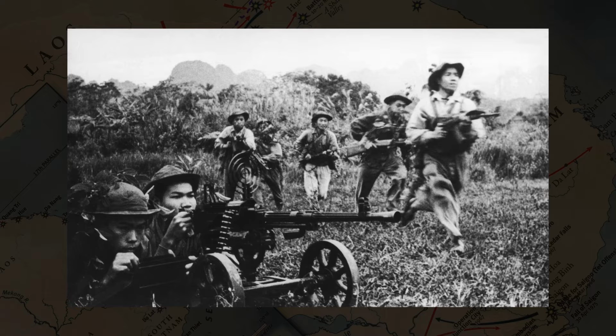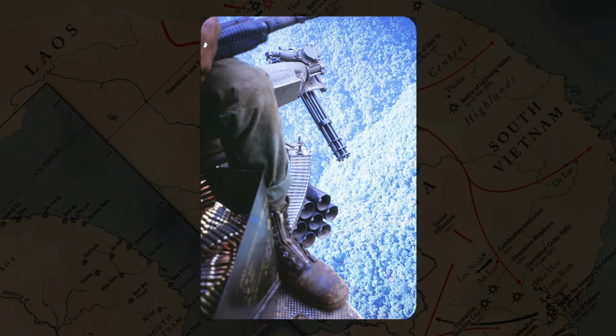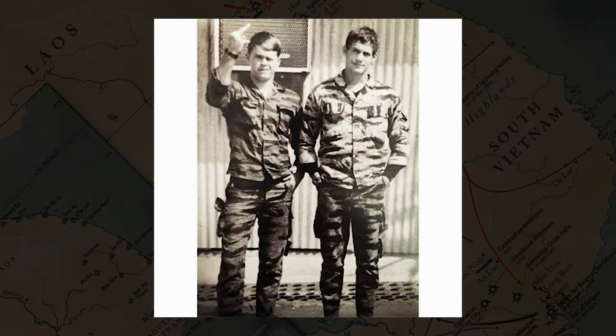taking staggering casualties. The rest of Idaho miraculously makes it to the landing zone and hastily sets up a perimeter as they wait for their chopper. Just as more and more NVA appeared, the UE arrives and guns them down at a devastating rate as Team Idaho climb up the helicopters. Minutes later, all 6 men were safely back at base, about to feast for Thanksgiving for their second and third